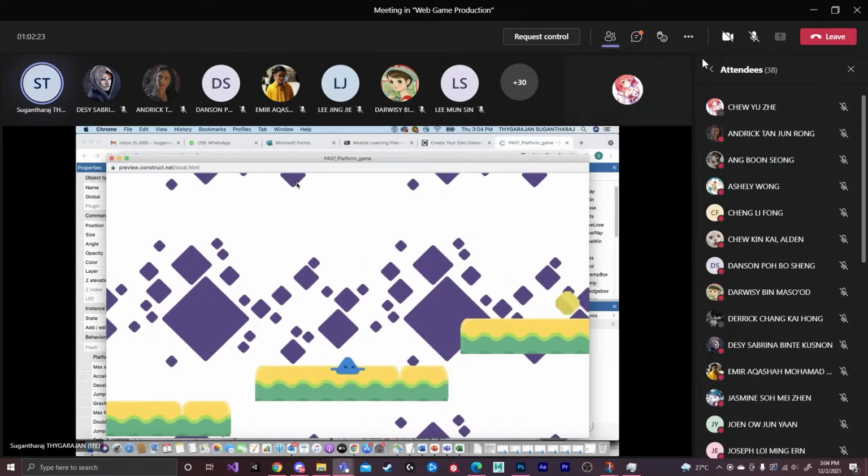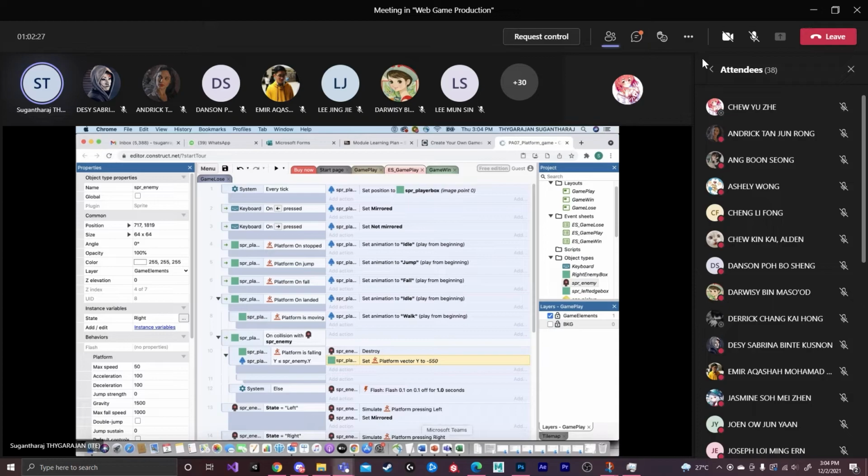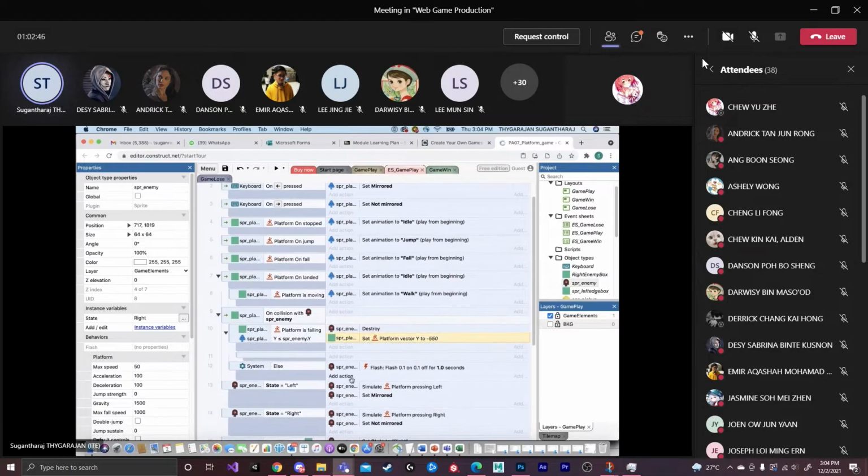So how to achieve this? When the SPR player collides with the SPR enemy but is not falling, it will go to the else condition, because it is not jumping on the SPR enemy. So in this case, the SPR enemy needs to set the flash.